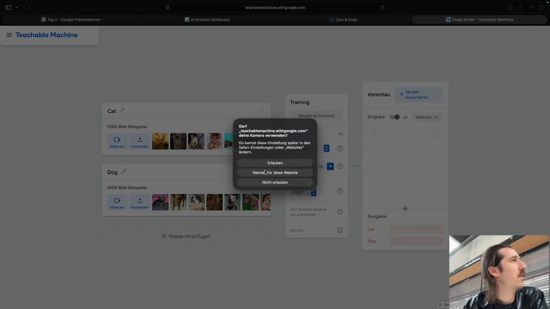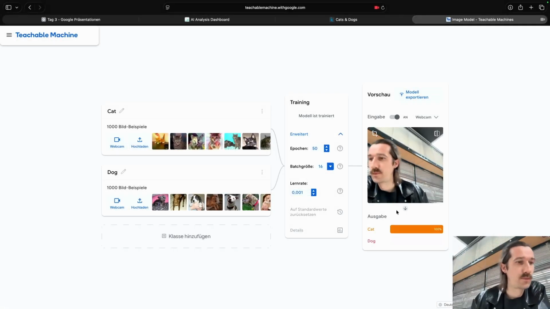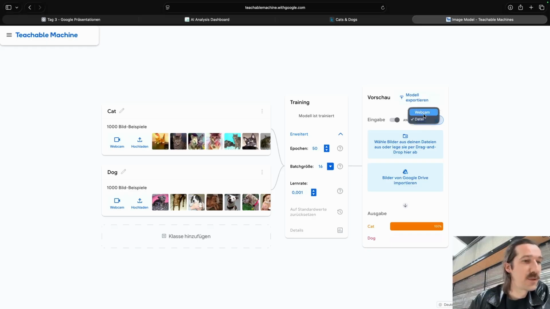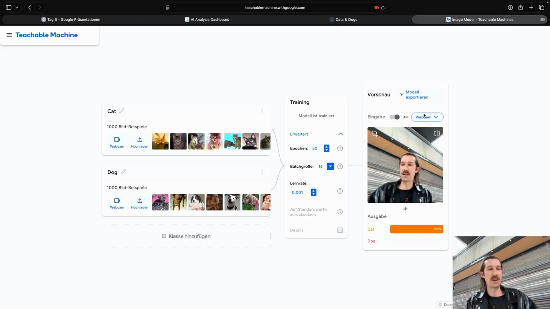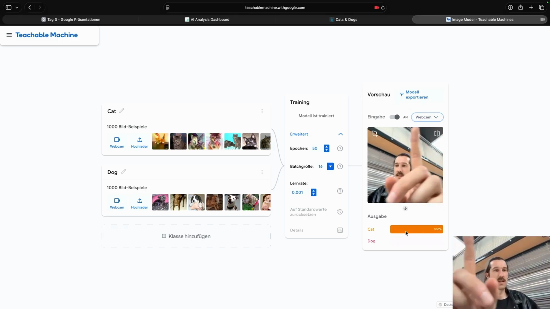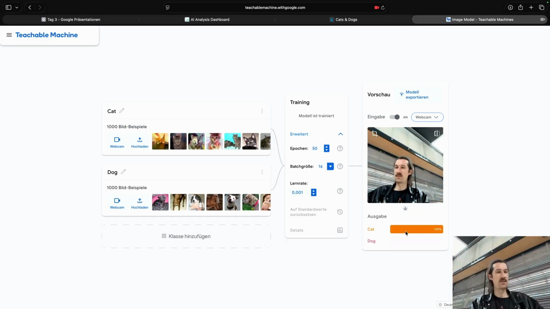Okay, now it's asking me to open my webcam, maybe for later. Well, it's fine. Actually, it's kind of interesting, why not? So you see, right, that here on the bottom, it's now doing a live detection of what it sees. I'm not sure which camera this is. So it seems to be much more like a cat. I wonder if, when I show, okay, so for some reason, something was more like a dog suddenly, I don't know.